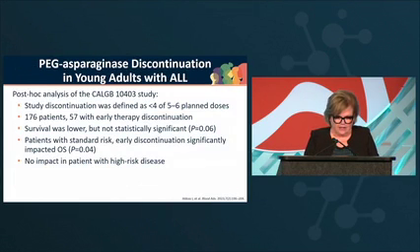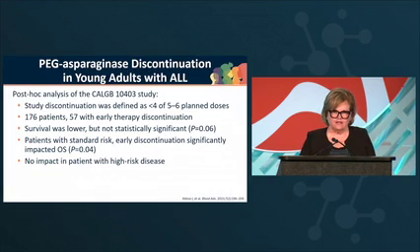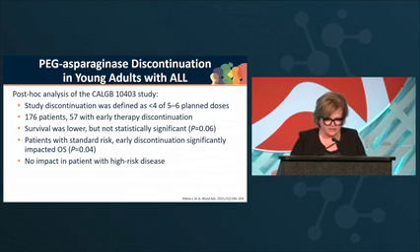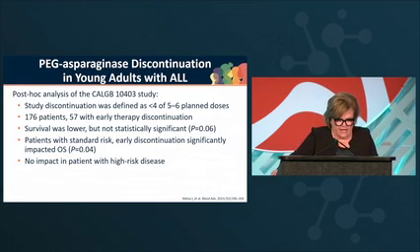Second, PEG asparaginase discontinuation in young adults with ALL. There was a study that found that discontinuation was defined as less than 4 of the 5 to 6 planned doses. In this study, there were 176 patients and 57 with early therapy discontinuation. Survival was lower, but not statistically significant in this study, but this is likely because of the sample size being